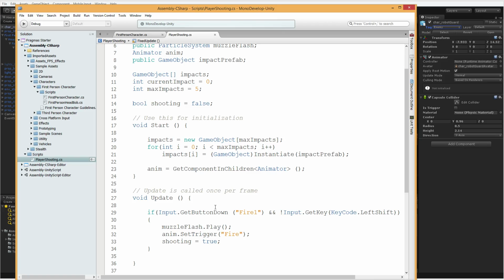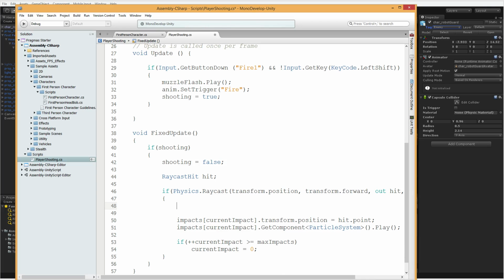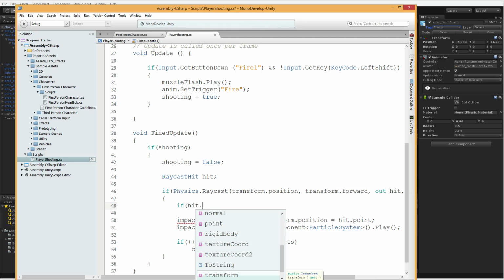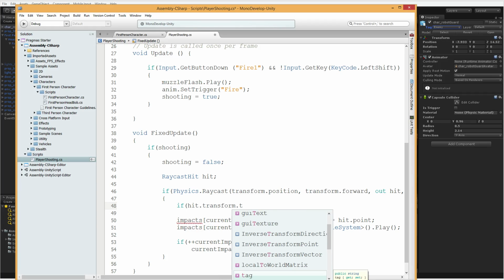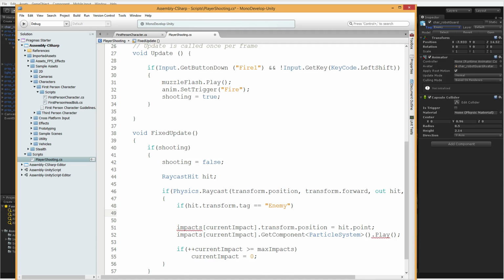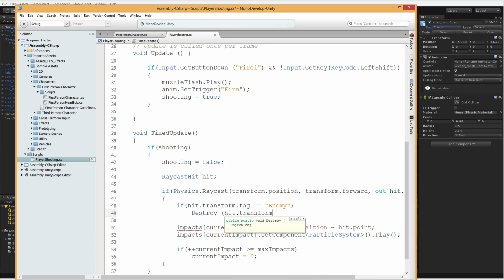I'm going to come back to my script. In here, where I handle my shooting and move my impacts, I'm going to say if hit.transform.tag equals enemy, I'm just going to do destroy hit.transform.gameObject.